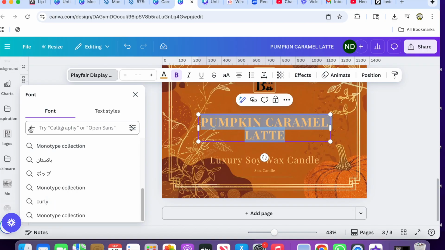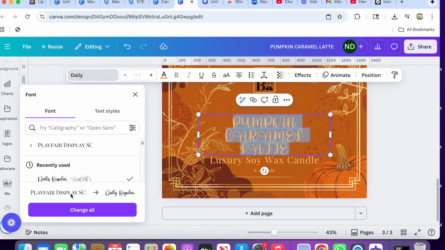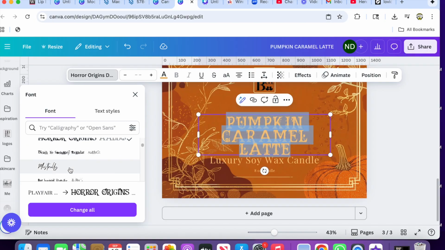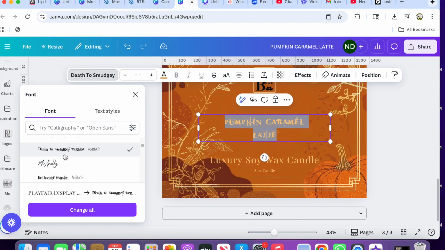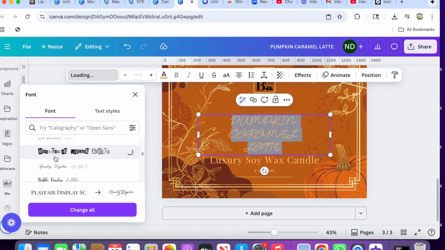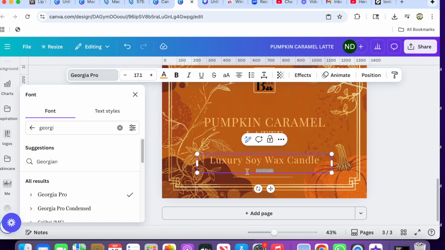You can change it to any font you want it to be. So whatever your font is, you can go on ahead. You want to do spooky pumpkin, spooky pumpkin. You know what I mean? Whatever you want to do. Totally up to you. Whatever your font is, go on ahead and do what you need. Go crazy. So this is Georgia Pro, and we're going to make that a little bit